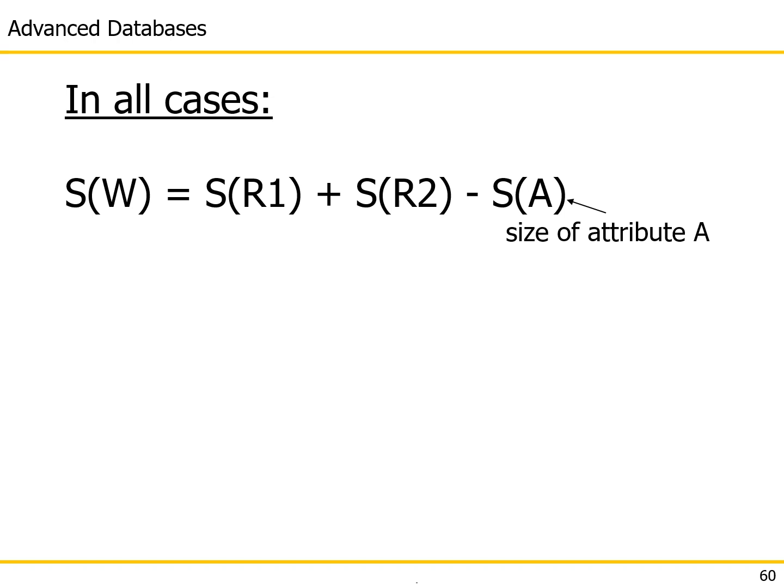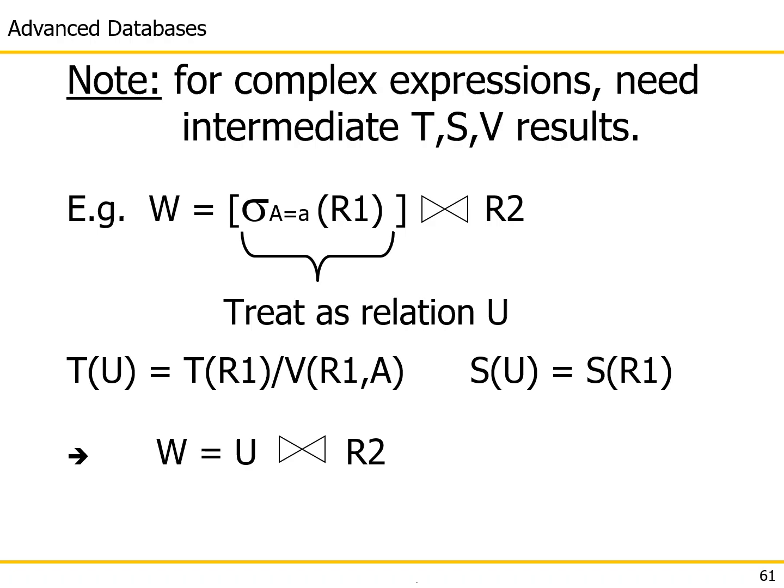Now, in all cases, the size of W is going to be the size of R1 plus the size of R2 minus the size of the column, because we don't repeat the column we're doing the join on. Like the A that we've been using, we just have it once in the result set, not twice. Okay? Now, what about more realistic SQL statements where you have things combined, like a select and a